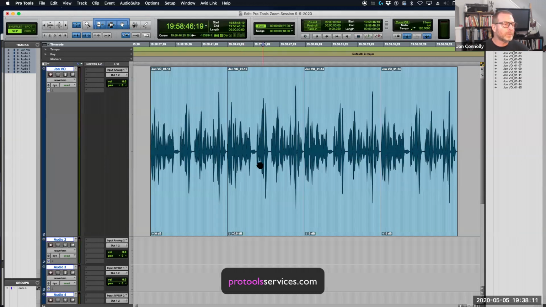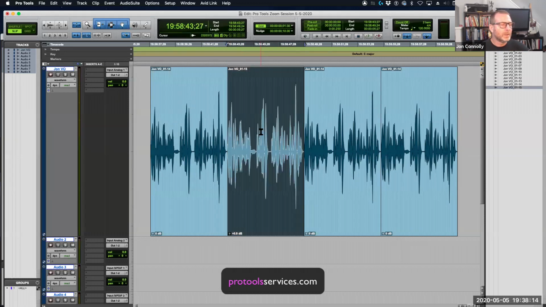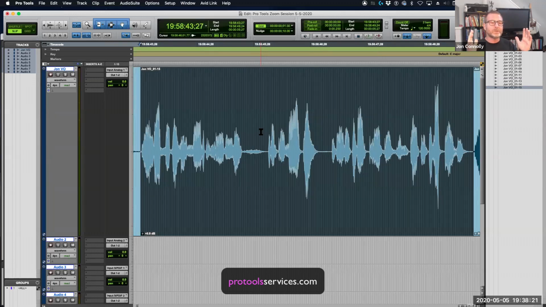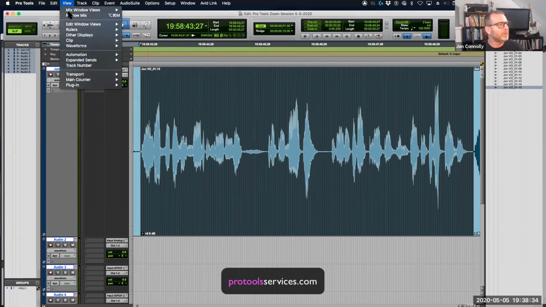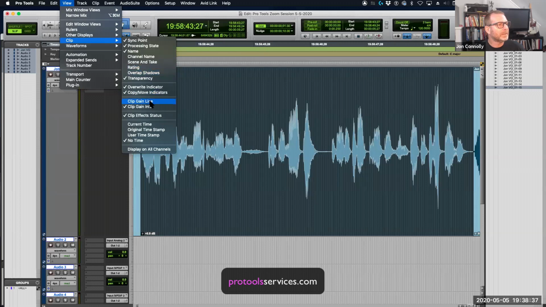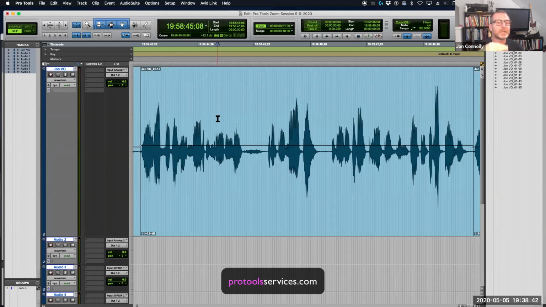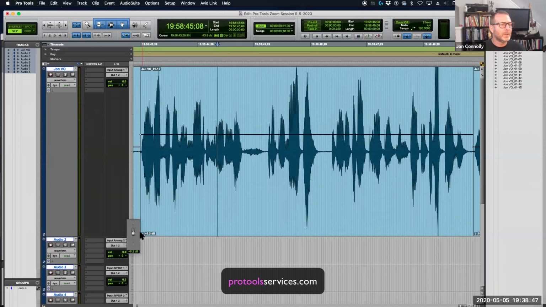I can get in deeper, which is really what I need to do on this dialogue here. So I'm going to select the clip. I'm going to hit the E key once and twice, blow it back up. Now I'm focused on this one clip. I want to get in here and affect the levels within this clip. So static clip gain is not going to do it for me. I'm going to go back to that same menu, view, clip gain line. And this line that's going through the middle of the clip represents the clip gain volume. So if I grab that little teeny fader at the bottom again, you'll see that go up and down.